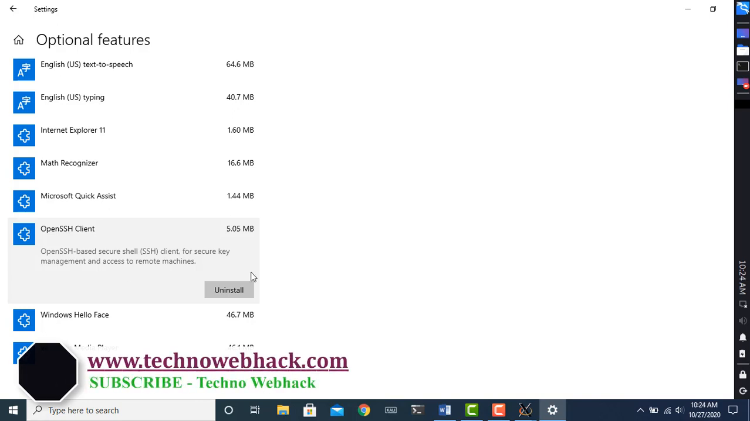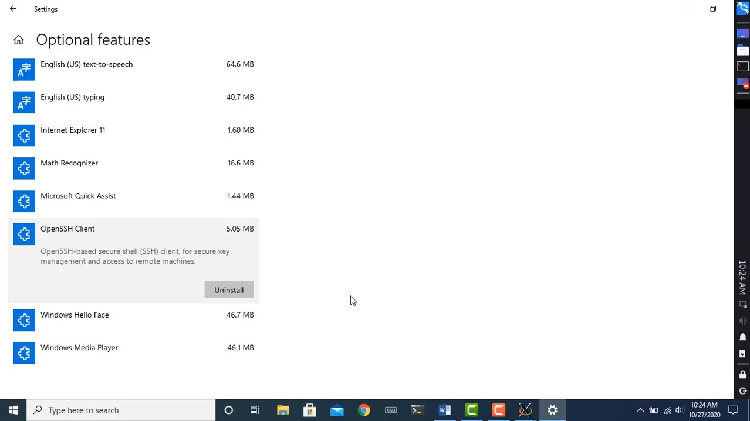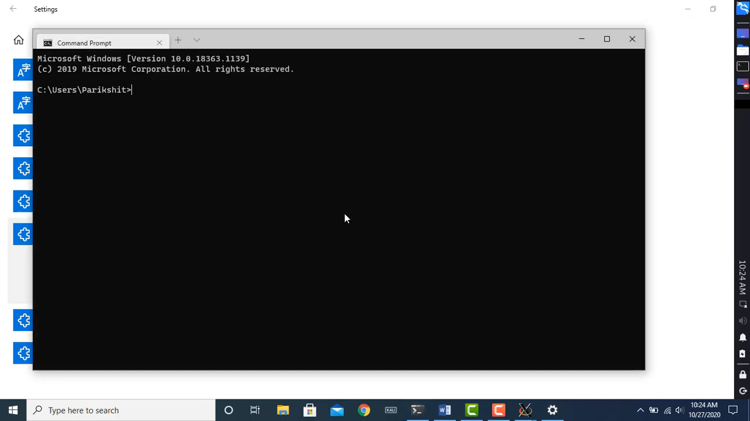Okay, so you can see if it is not installed, you will have an option to install here. So you will just click on install here and that will be installed. And next, if you just open the CMD or the command prompt, and then you can see here